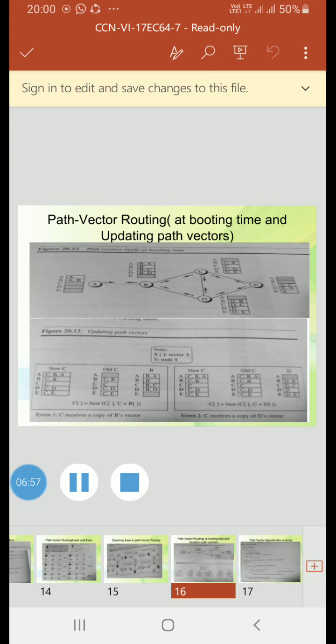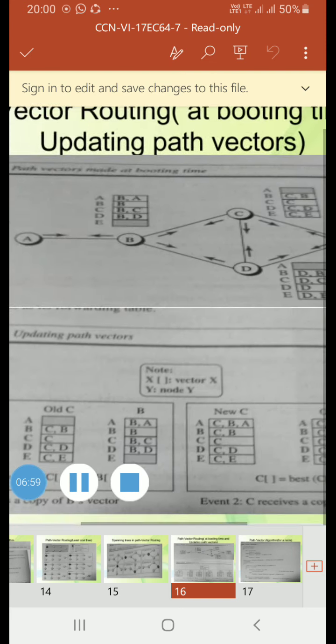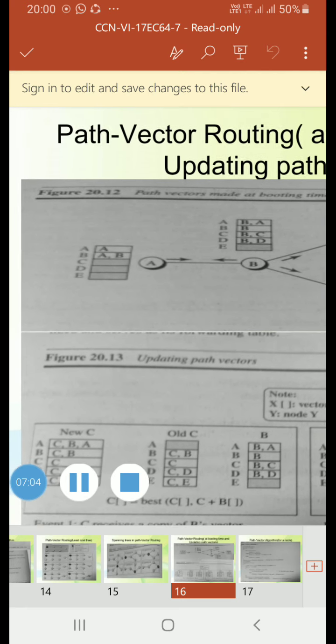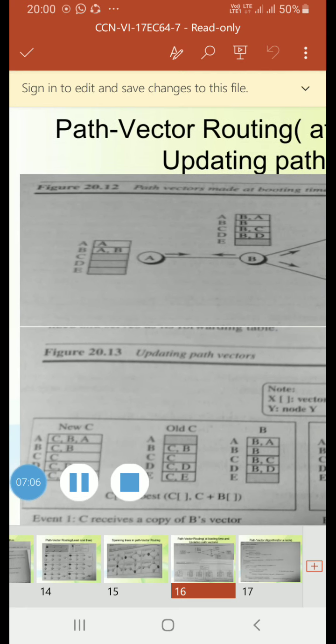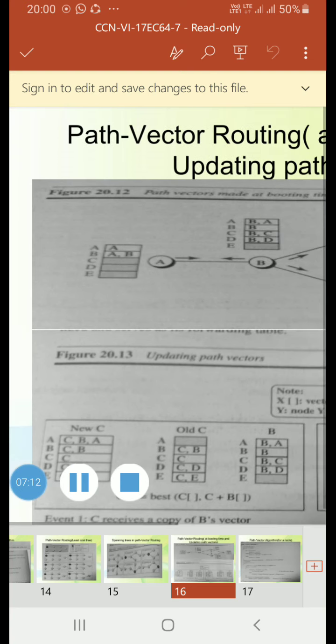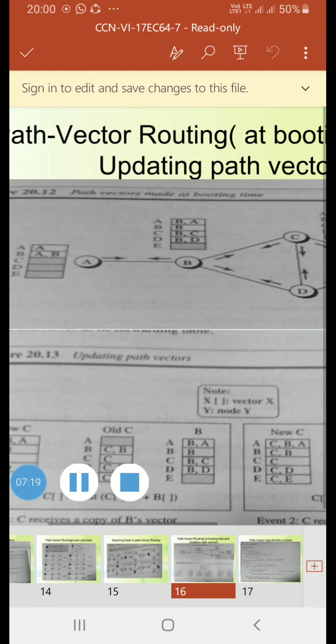Yesterday I told you about this. When you see the first diagram, for A, what is the table? A is only A, and B is AB as we are going from A. C and D are not directly connected, so they are empty.